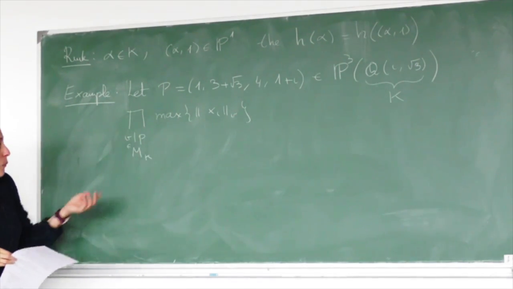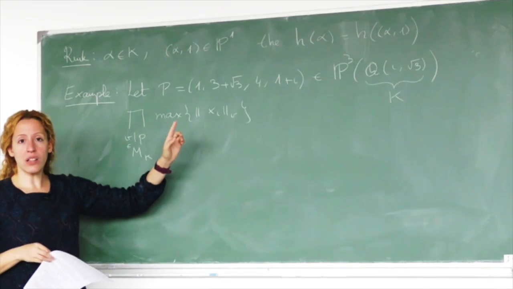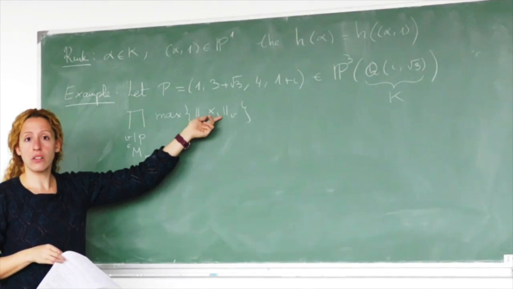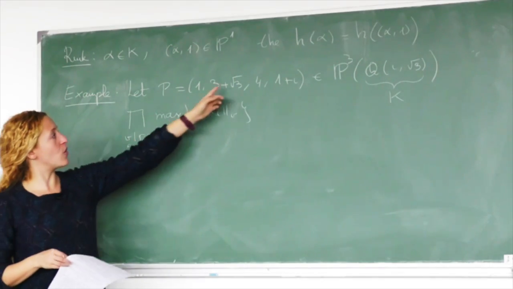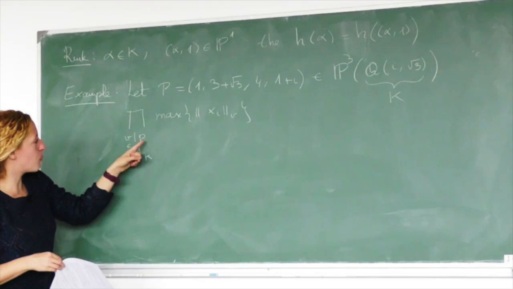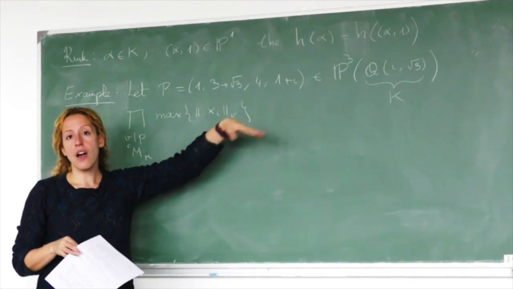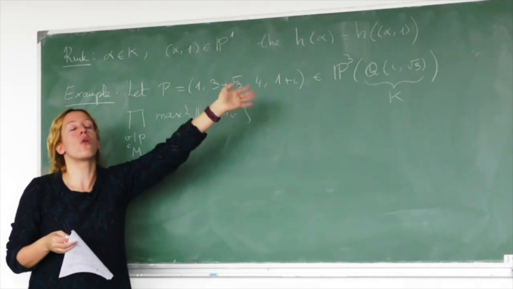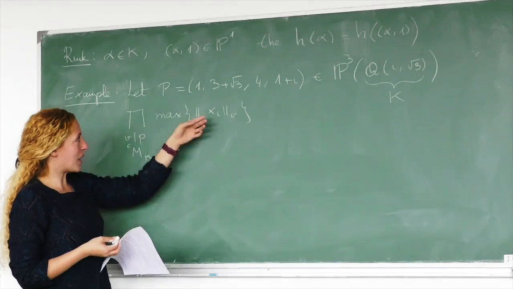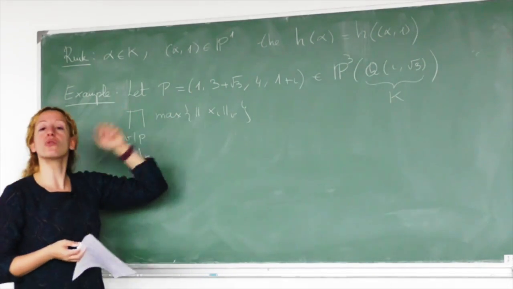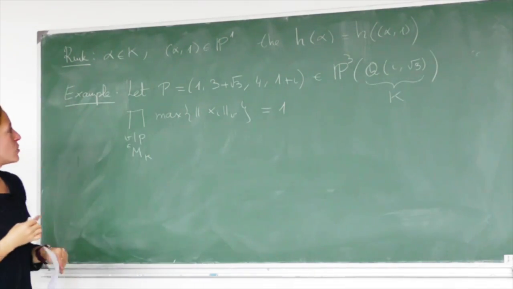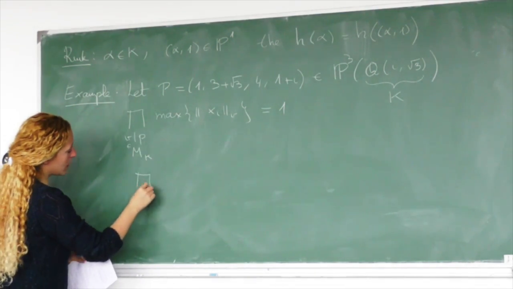But actually, because I have one coordinate that is equal to 1, corresponding to this coordinate, I'm always going to get here a 1. And corresponding to the other coordinates, depending on the order of the prime p dividing those numbers, I'm going to get p to the minus order of this number. That is something smaller or equal than 1. But I have this 1, so the maximum is going to be equal to 1. So all those factors are equal to 1. So basically, I just have to look now.